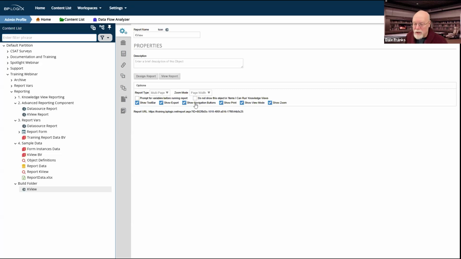Since we're about to generate a 70-page report, we really are going to need some navigation buttons to go through those 70 pages. A print button. Yeah, it's kind of cool to have a print button. Show view mode is the button to change the view mode, and show the zoom will enable us to zoom in and zoom out, which we are again going to want to use because the default zoom is pretty well zoomed into the page.